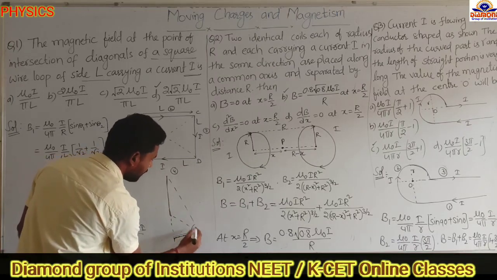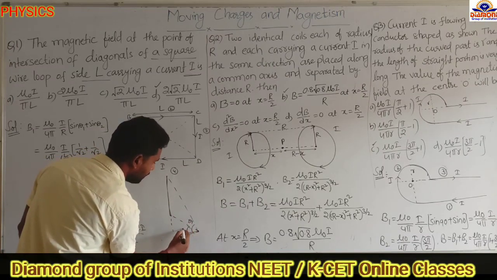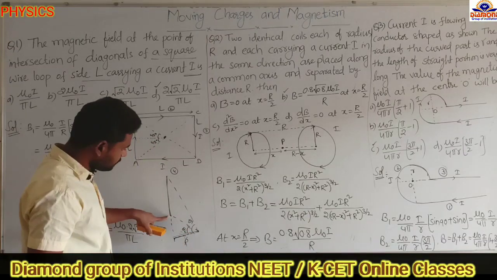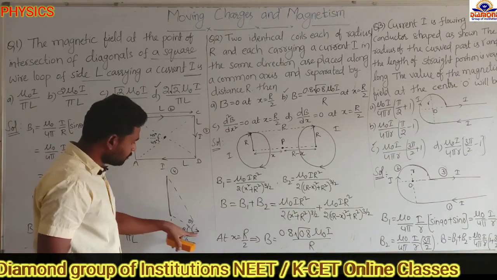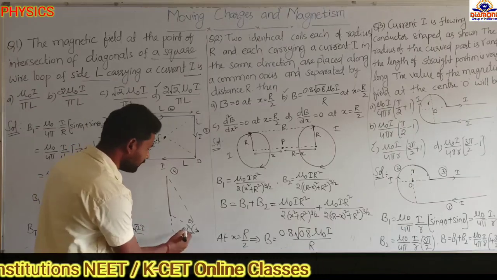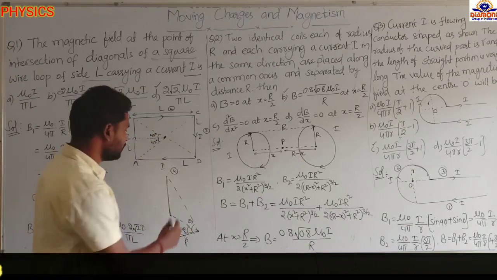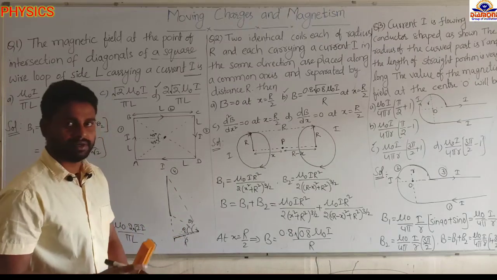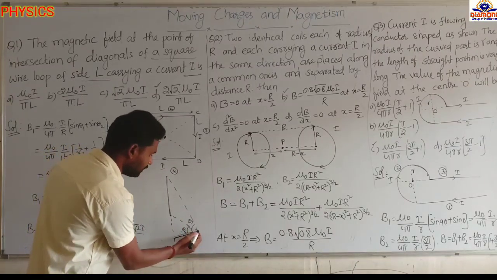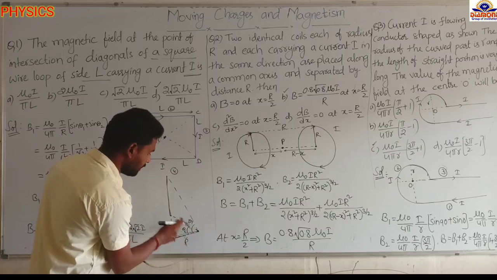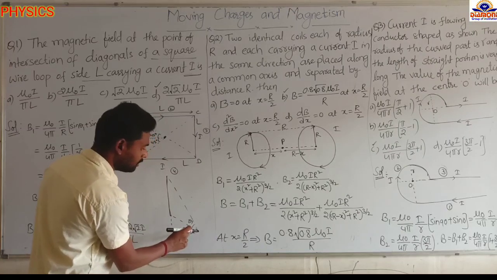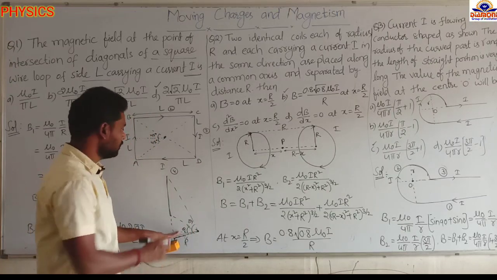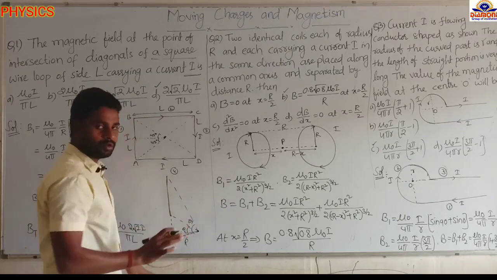This end makes the angle theta 1 and this end makes the angle theta 2. This point is below this end, so take this angle as minus. If the point is in the middle of the two ends, there is no problem, we take sin theta 1 plus sin theta 2 with plus only. But if the point is below this end, then this angle theta 2 we have to take as minus. This end makes theta 1, so plus only.